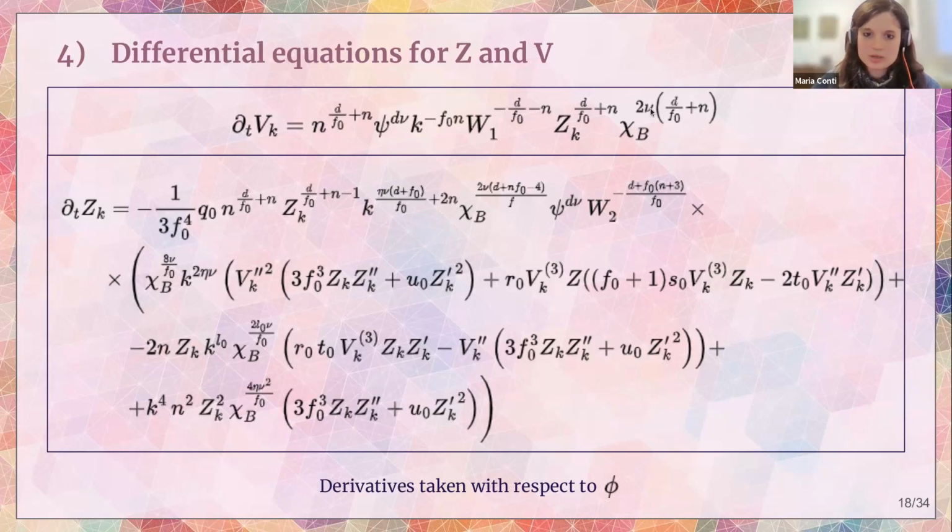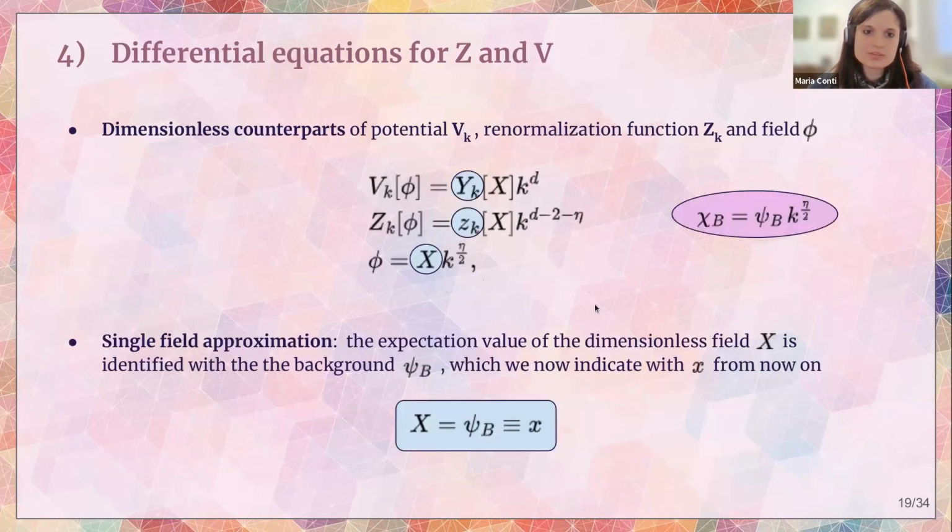Actually, I'm hiding a part of the story, in the sense that there are some objects appearing here which I'm not stating what they are inside this presentation. These are very convoluted functions of other things appearing inside this slide, and there are coefficients F0, R0 and T0 which I'm not stating. But if there is one thing I want to mention, it is that there are some derivatives appearing here and there, and these are taken with respect to the field phi. But overall, these are not the differential equations we are interested in, because we're interested in the differential equation for